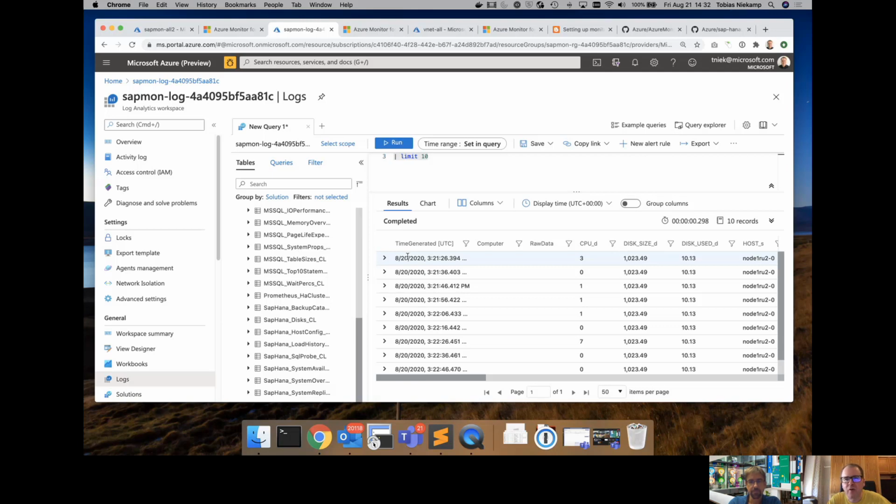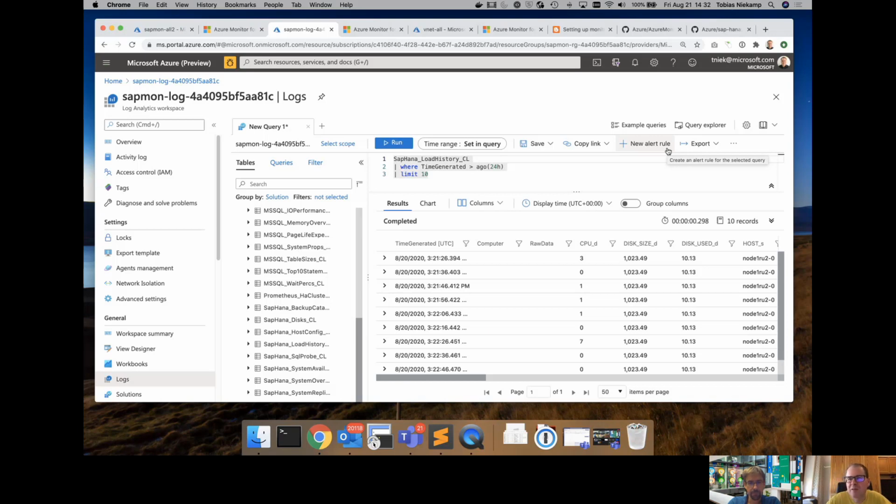This is a feature we have on the roadmap to pre-deliver certain alerts with the solution. We're just not there yet because we're still working on the foundation. But for the time being, you could just create a new alert and say, okay, if my CPU is at 100% for a prolonged time, or if the disk utilization for my data volume is larger than 70%, then send me an alert, right?